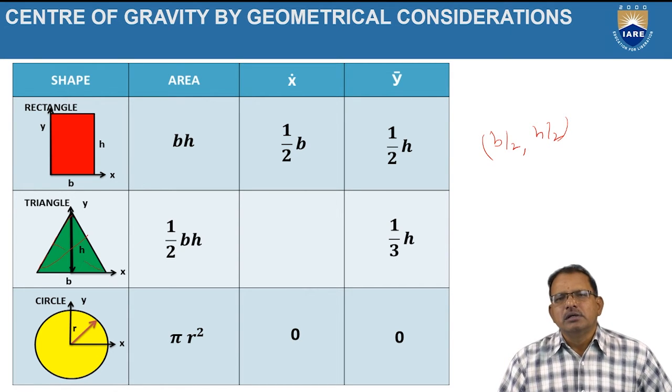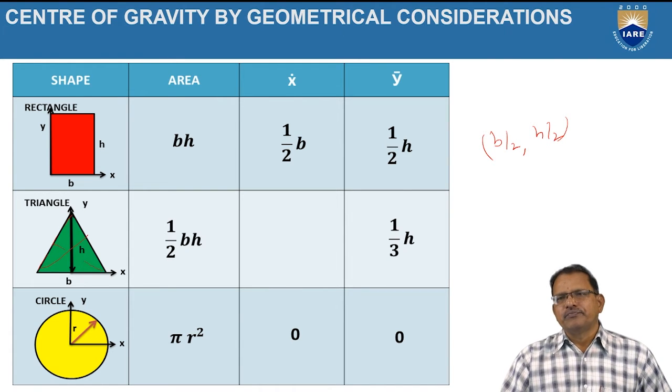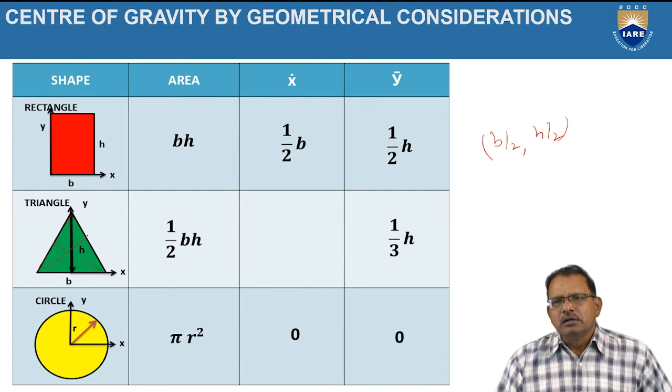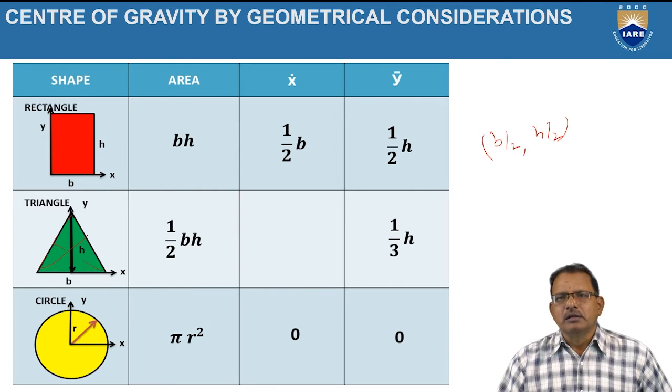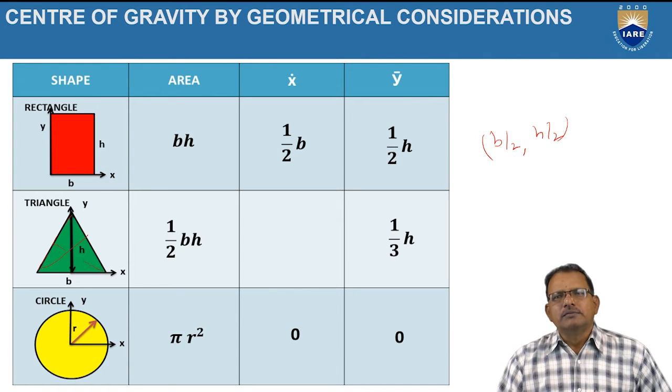That is, it is the intersection of the medians of the triangle, which is at a distance of 1 by 3 into H, or it is also equal to H by 3. The area of the triangle is given by half into B into H. And the location of the centroid for the